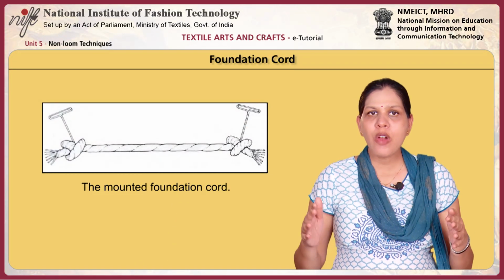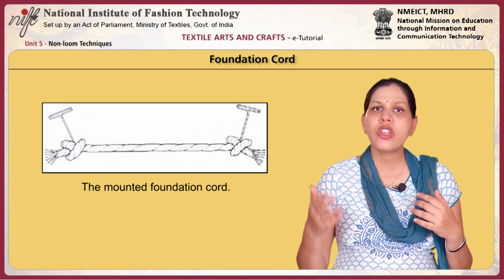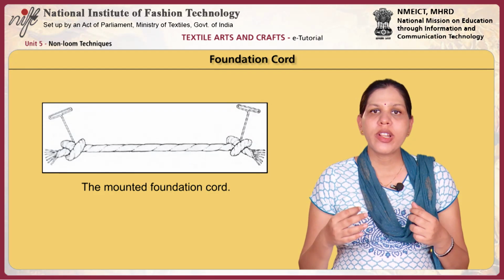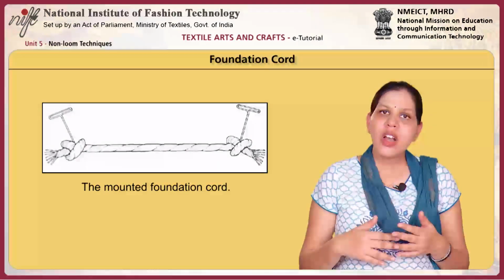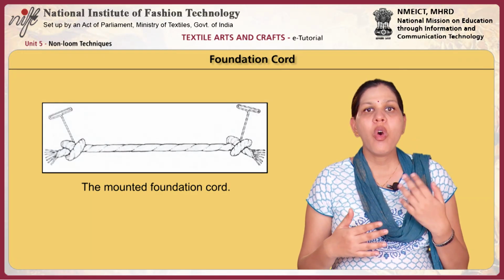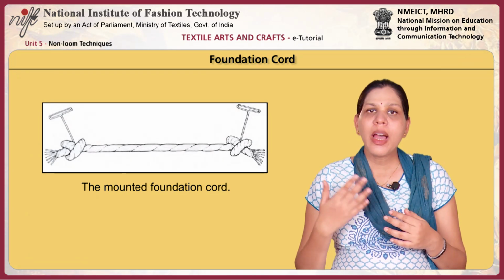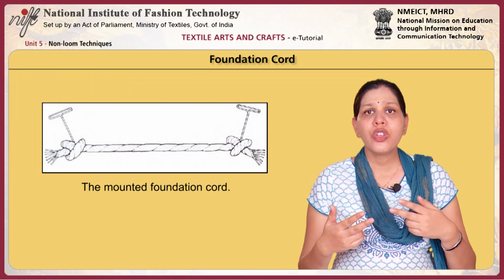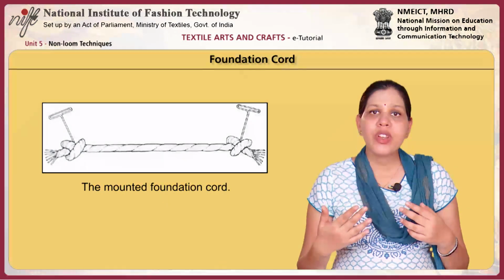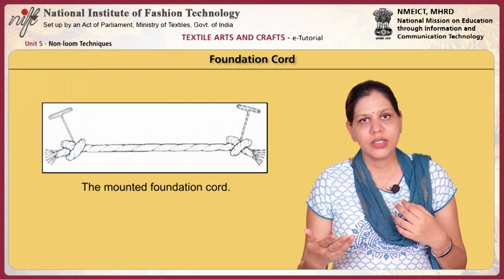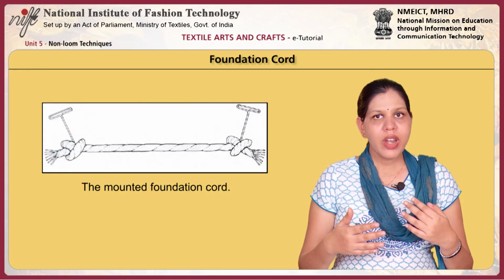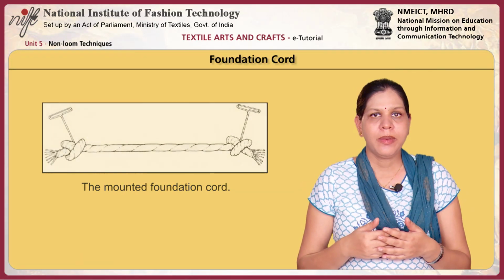When the work is not mounted directly onto a piece of fabric or a solid object, a foundation cord is required onto which the first knots can be mounted. Once the work has been completed, it can either be retained and the ends fastened off, or it can be removed. A double foundation cord, 2 threads used together as one, is used for larger mounting knots and added strength if it is retained after completing the work. An overhand knot can be tied at each end of the foundation cord and pinned to the working surface.